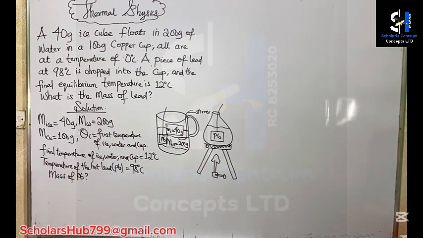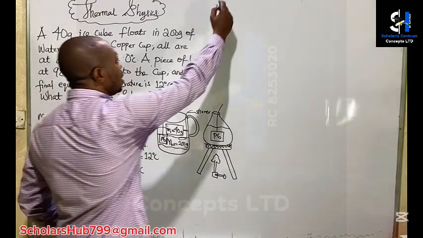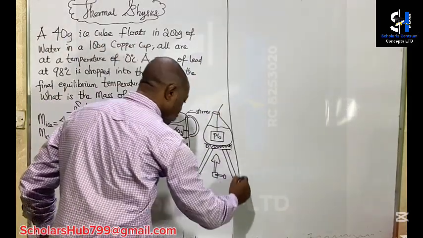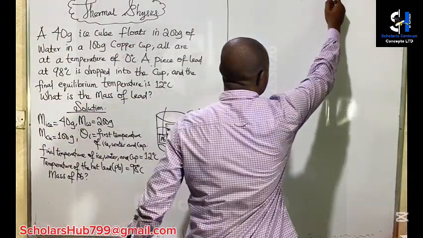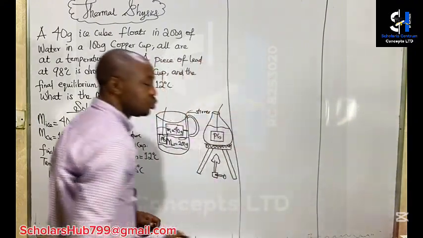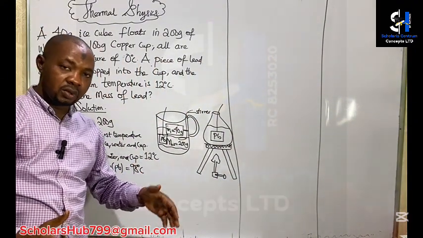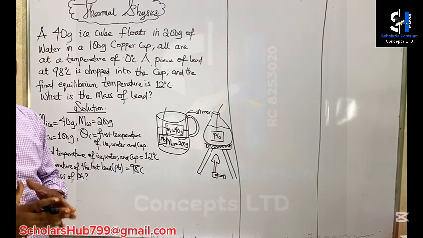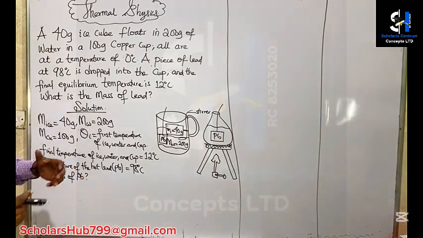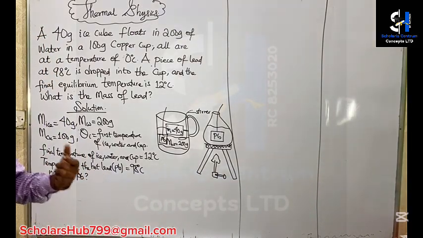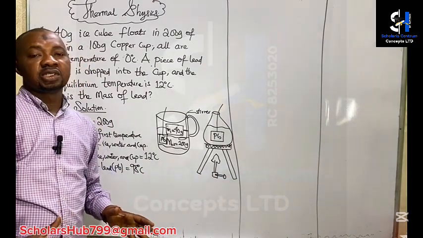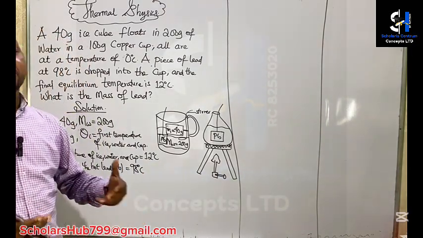Mass of lead. This is not given. So the first thing we need to do, which is our first inclination, is to calculate the heat gained by the ice to melt and reach 12 degrees Celsius. When the ice melts, the melting temperature of ice is 0 degrees Celsius. So in that case, because it melts,